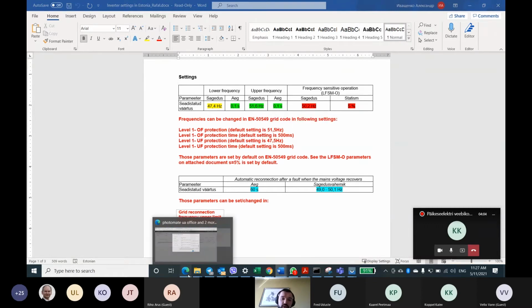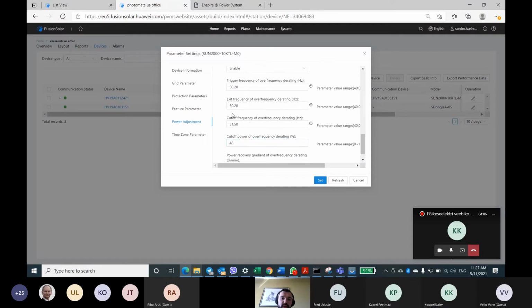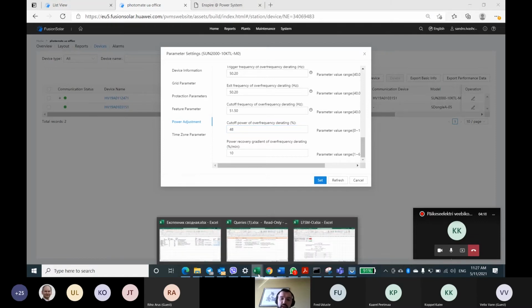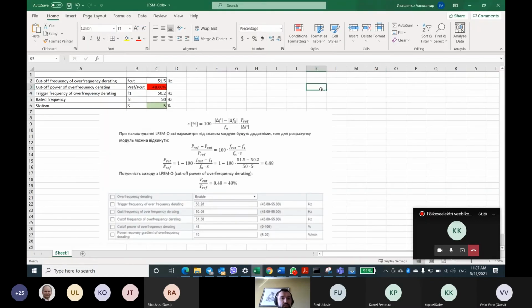So basically, you don't need to change these parameters. You should leave it like this one, 50.2, and with cutoff of over frequency derating of 48%, you will get the 5% of statism. I will also send you this formula, how to calculate these values.